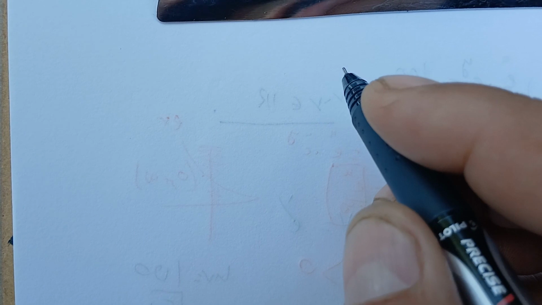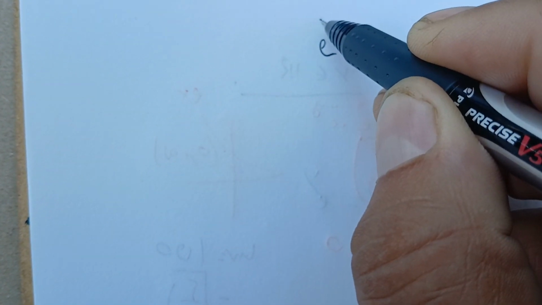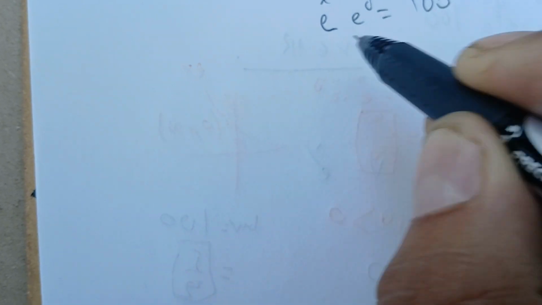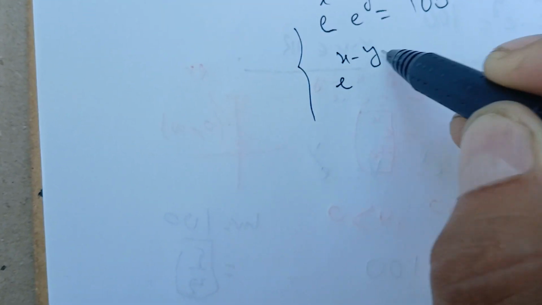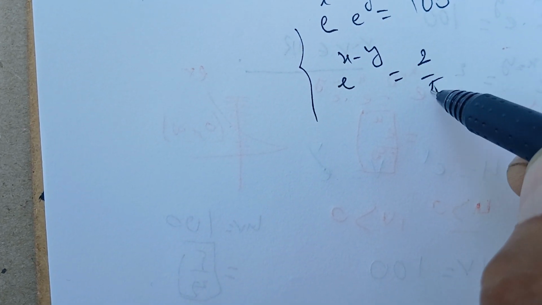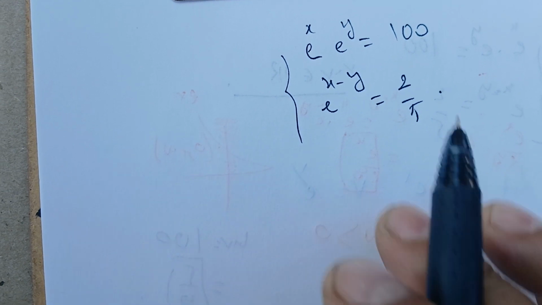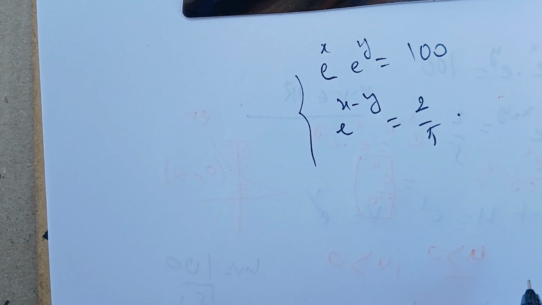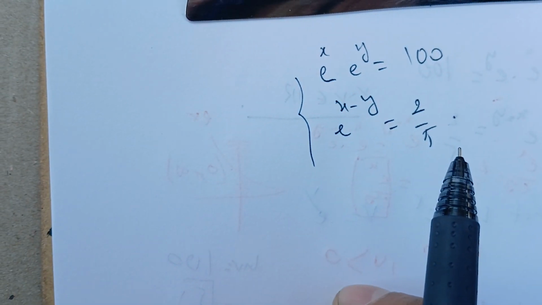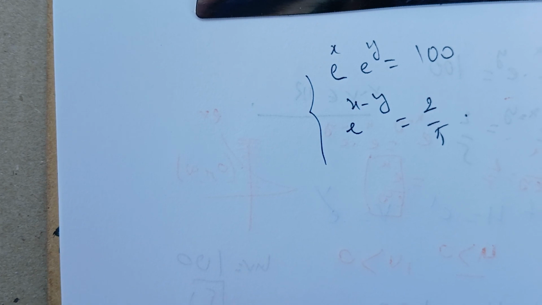Our aim now is to solve the following system. So in exponential form, we have e^x times e^y equals 100, and e^(x minus y) equals 2 over 5. Okay, this kind of system can be solved by just changing the variable and bringing it back to what we know,